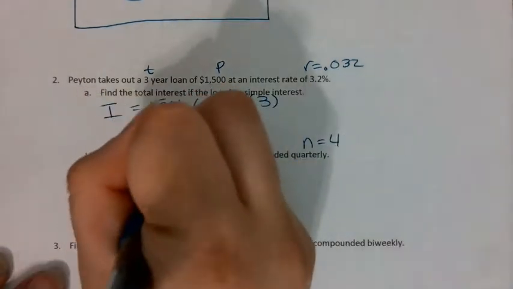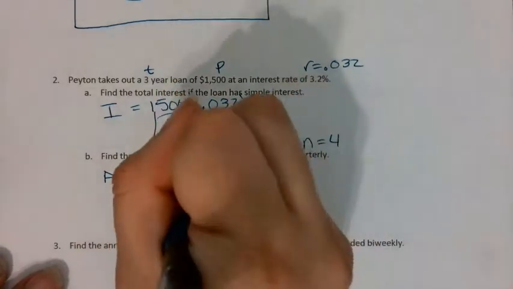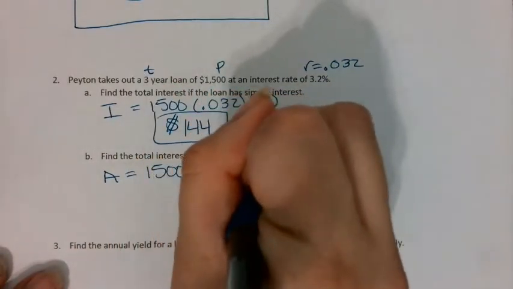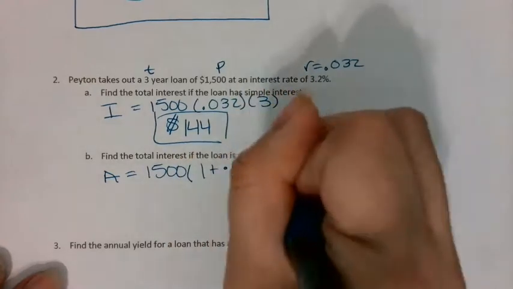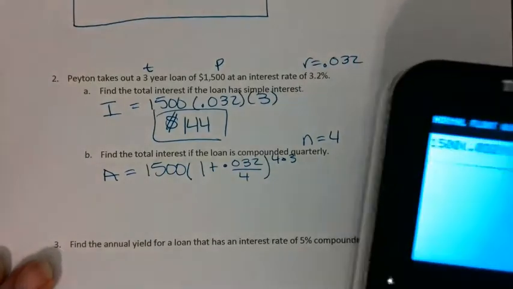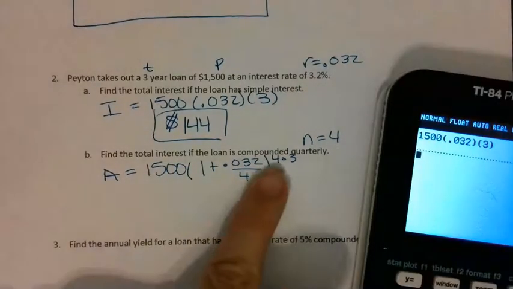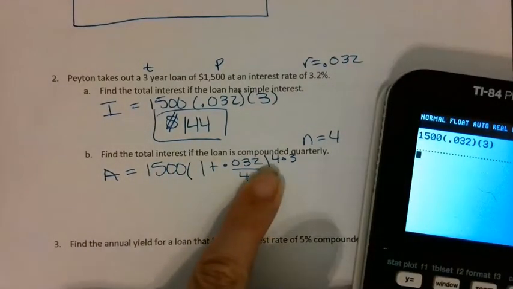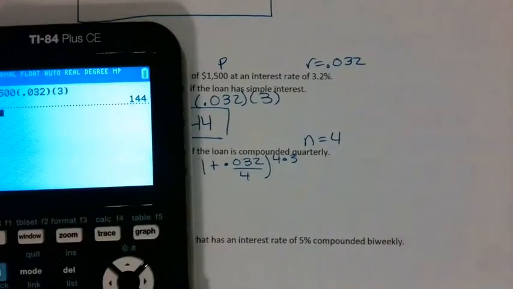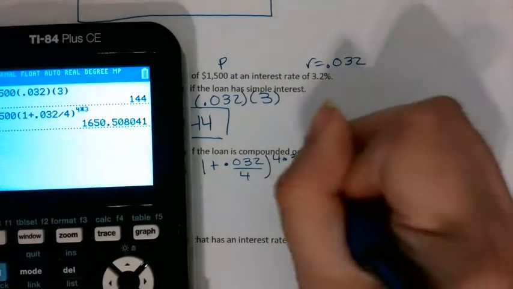My principal is 1500 times 1 plus 0.032 divided by 4 to the 4 times 3. So I want to type that in my calculator. If I'm using an older calculator, I want to be careful and put my exponent in parentheses. So I have 1500 times 1 plus 0.032 divided by 4 to 4 times 3, which gives me